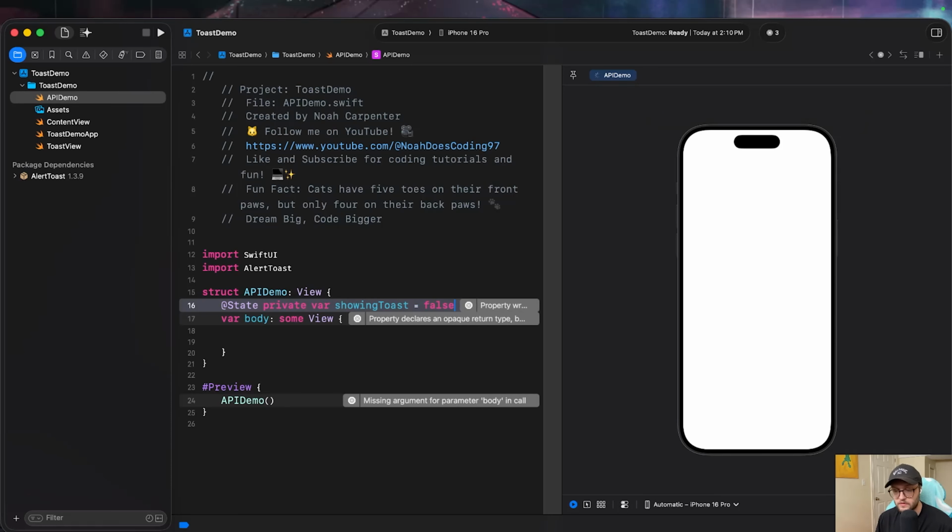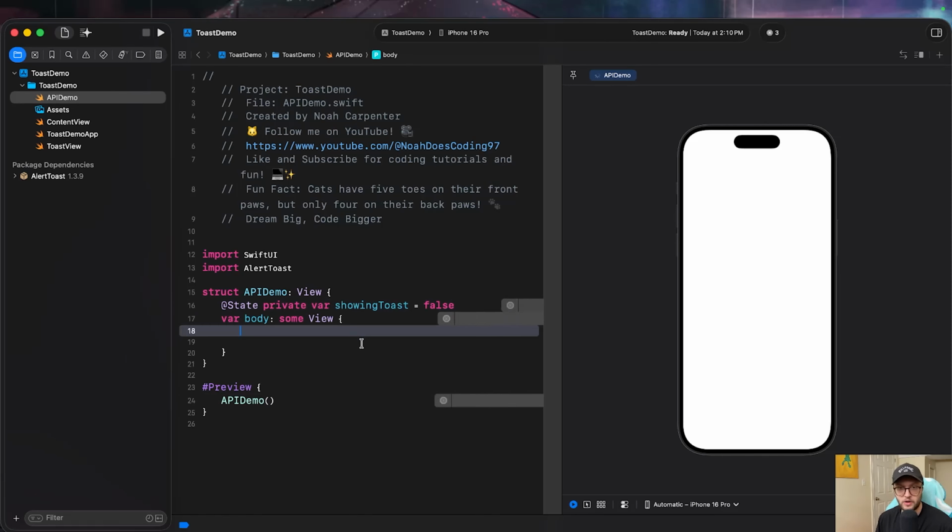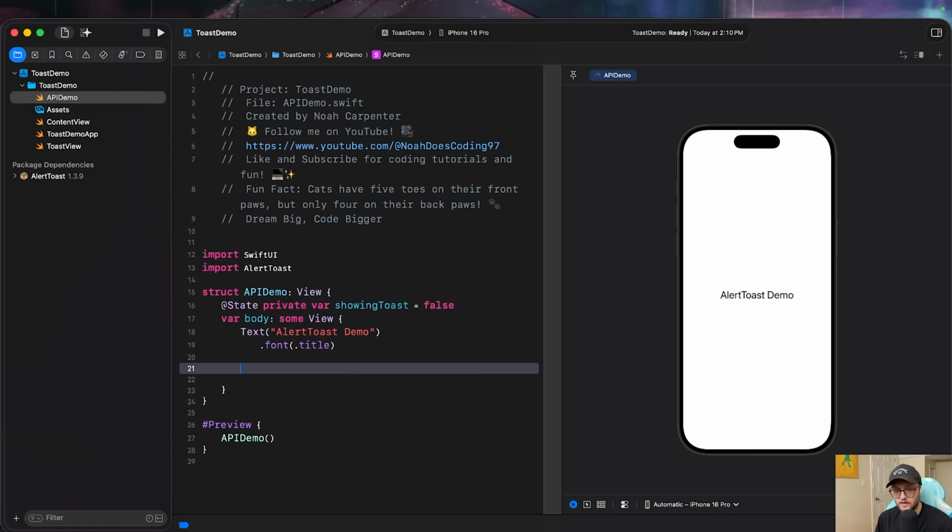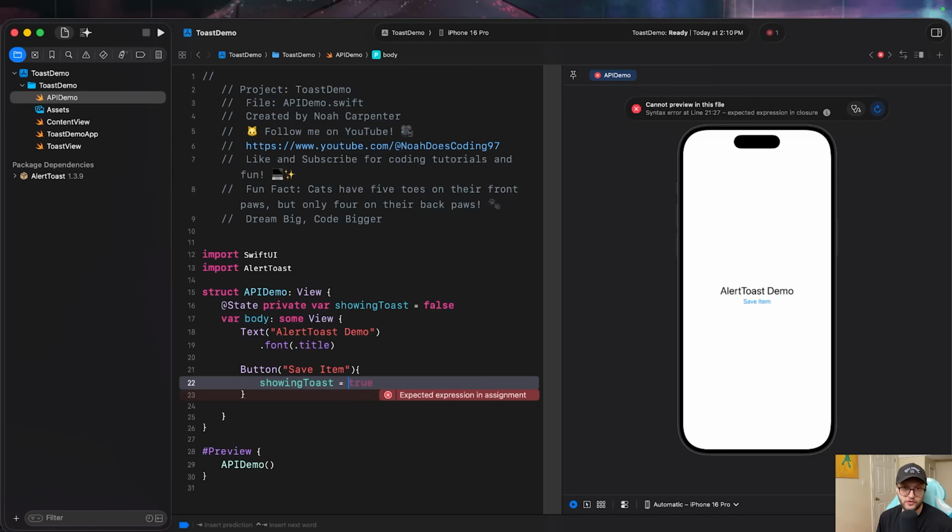Have it equal false off the bat. And then we need to populate the body. Let's just add some text. And then again, we'll add a button, but feel free to handle this logic however you'd like. So just like before, we're going to set our showing toast, that Boolean value, to equal true whenever we press